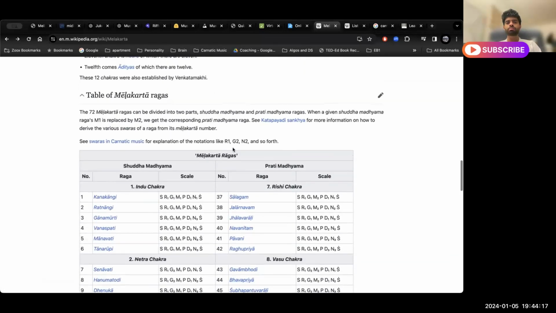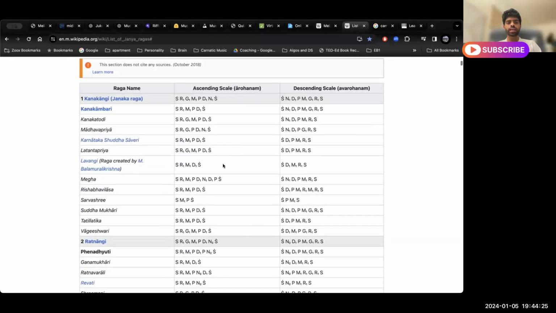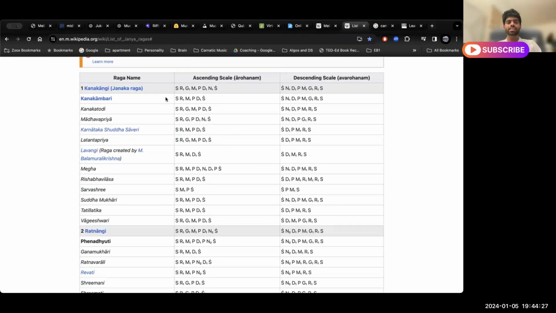And then we're going to use some intuition, knowledge, art, whatever you want to call it, to get to Janya ragas. Janya ragas are basically sub ragas, every Melakarta has its own. As you can see here, the Melakarta is a Sampurna raga. And then some Janyas might skip certain swaras or have certain patterns. Either skip swaras in both Arohanam and Avarohanam, or in one of them. Or there could be Anya swaras, meaning some swaras coming from out of the Melakarta itself. So there could be a lot of things going on in a Janya, but we will try to get there